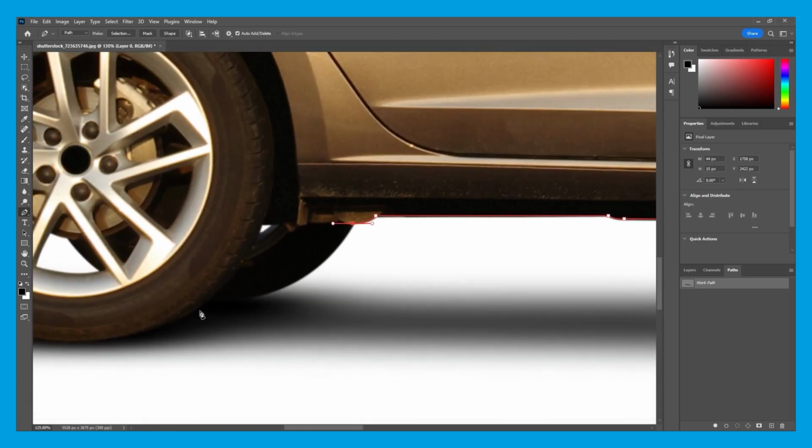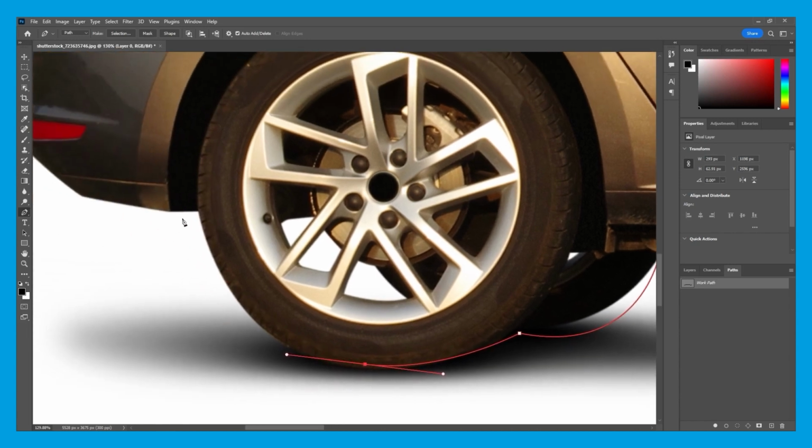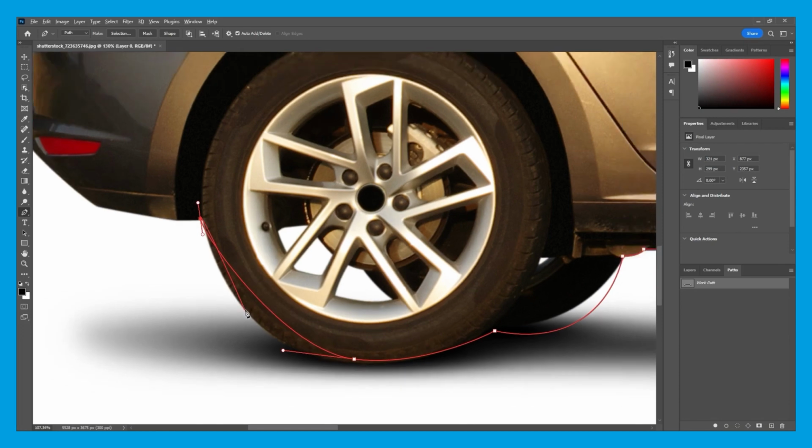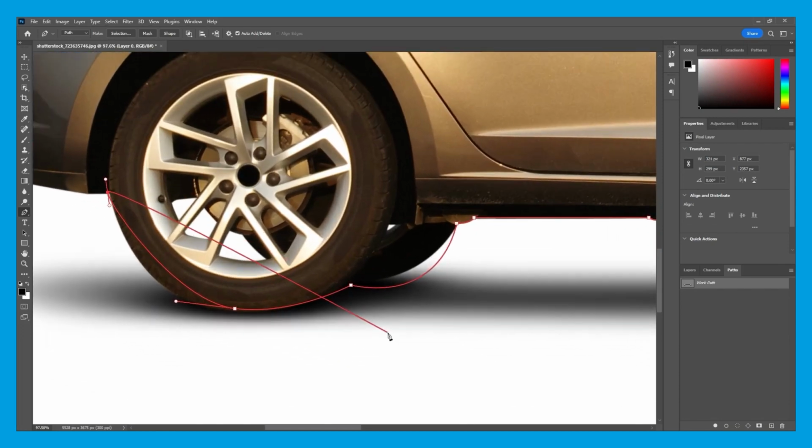Here I'll show you how I can fix mistakes that you make. So I'm going to completely mess up and do a terrible job of cutting out this tire. So let's just say I place my anchor point here on this corner, do the curve completely wrong, place this here, do this curve completely wrong, place this here and do this curve completely wrong. So now I'm going to show you how you can fix this and edit this to make sure it's correct.